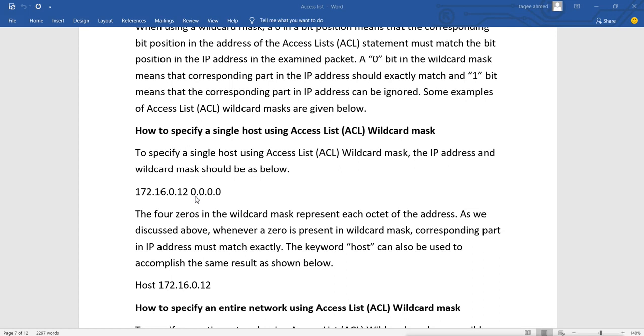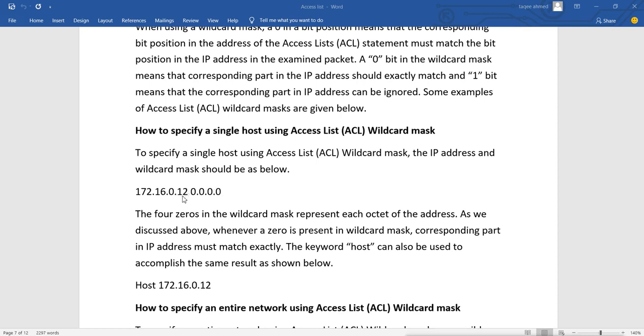The first 0 means I am telling the ACL that the first part must be exactly 172, the second 0 means the second part must be 16, the third 0 means the third part must be 0, which I am mentioning here, and the fourth 0 means it must be 12.